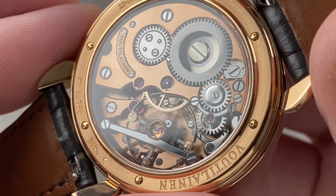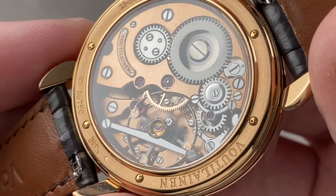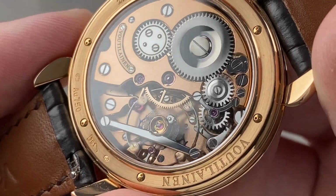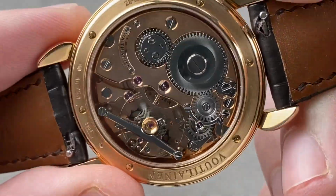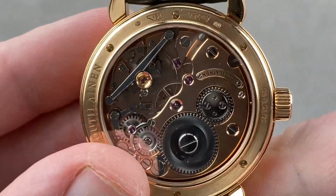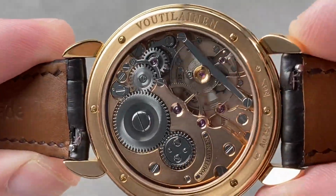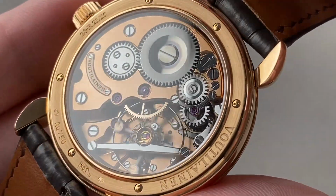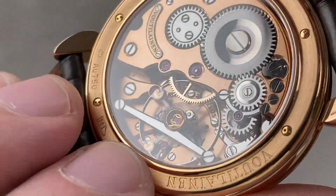It is huge, almost the radius of the movement itself. It is enormous, and Voutilainen is creating these parts. You can see that the hairspring is an overcoil so that the watch hairspring will develop concentrically with centered mass in any position the watch keeps even time. Of course, it's a manual winder, but what you can't quite tell is obviously you can see there are two blued escape wheels below the balance,